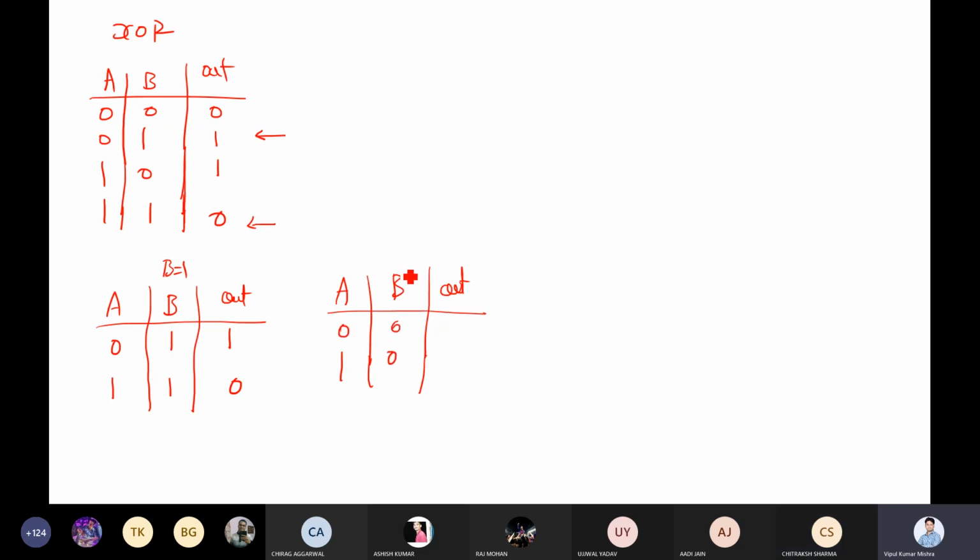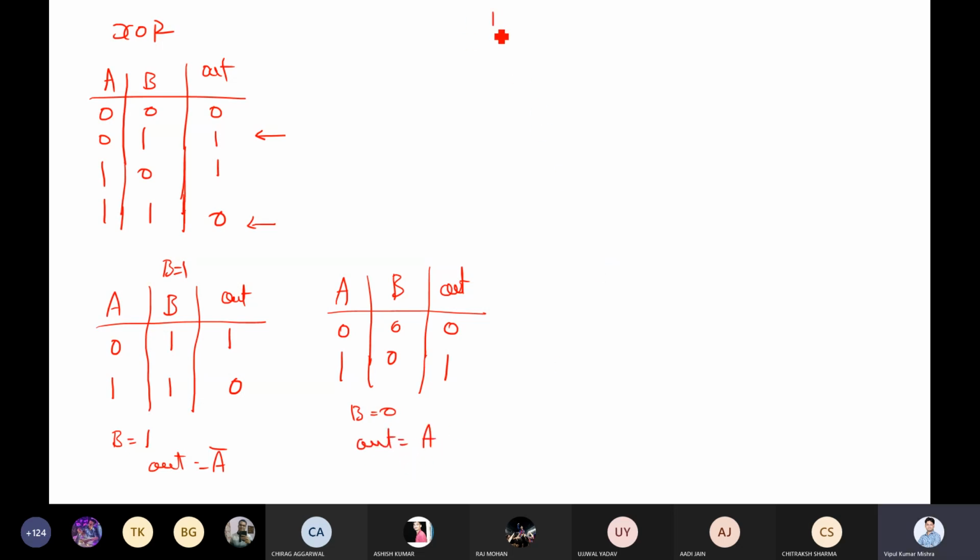Now whenever B equal to 0, what will we get? The direct value. So when B equal to 1 with the XOR, out equals A complement, and when B equal to 0, out equals A.